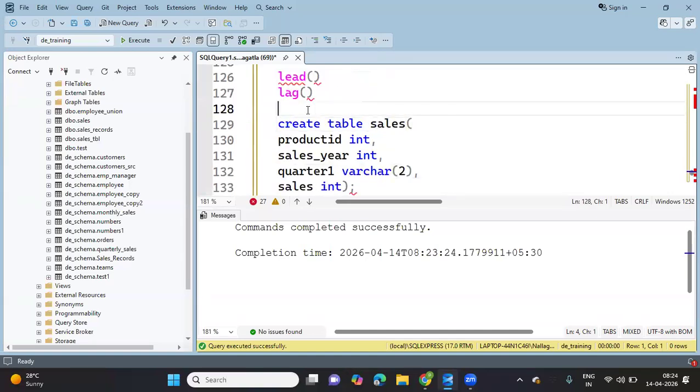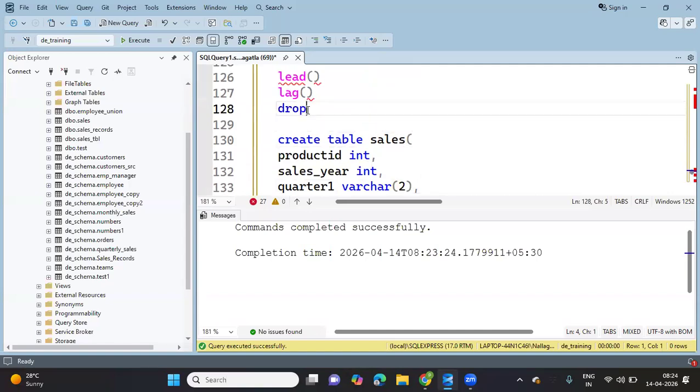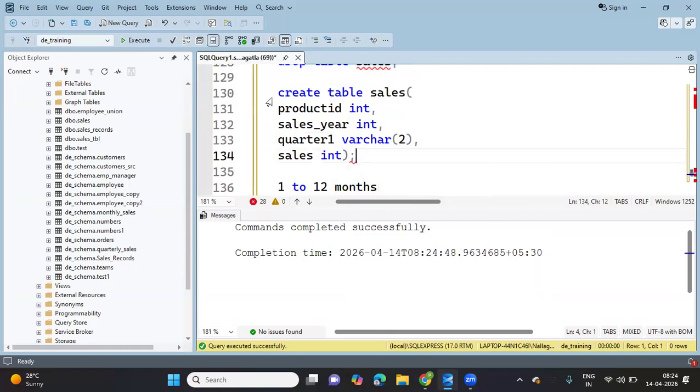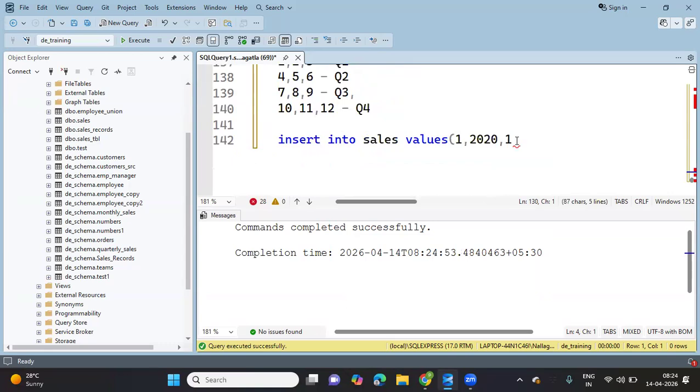Let's drop this table and recreate it. Drop table sales. I'm going to recreate it with this new column as varchar. Execute this. Yes. Now this is Q1,